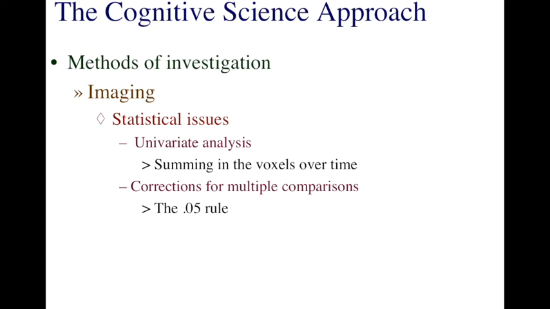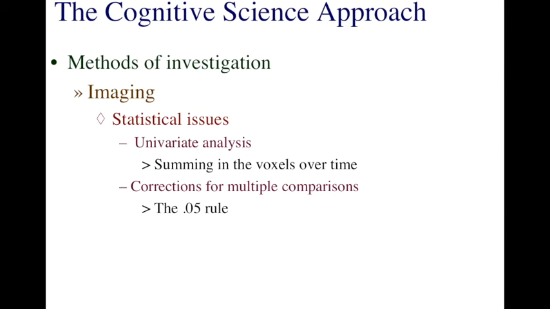but it happened because of an experimental manipulation. So if the amount of blood flowing to a particular area is greater than what we normally expect, and in fact we wouldn't expect that much blood to flow for a random reason more than 5% of the time, then we would say that this is really due to our manipulation. We call it the 0.05 rule, but it's basically a way of trying to avoid situations in which changes that we're observing are due to chance rather than due to experimental manipulation.